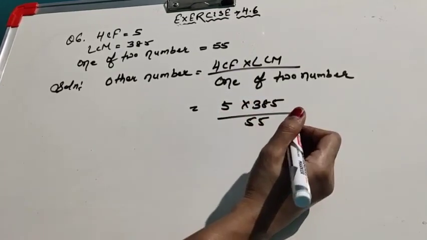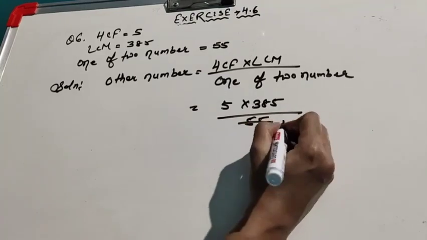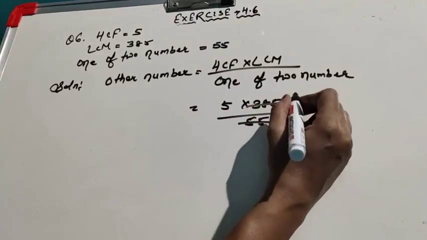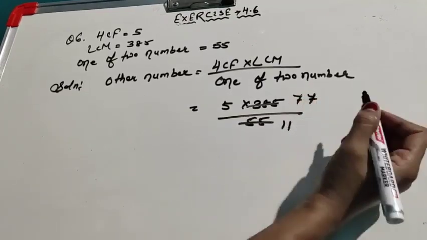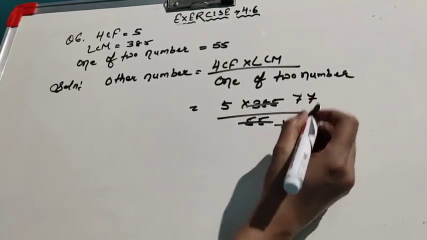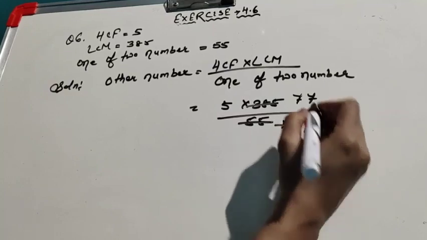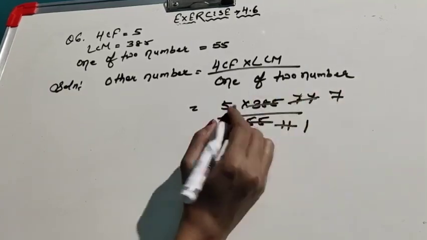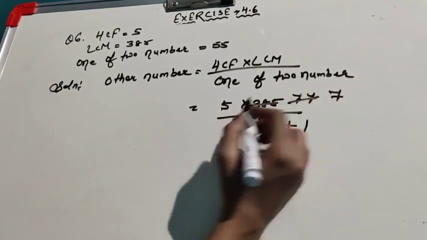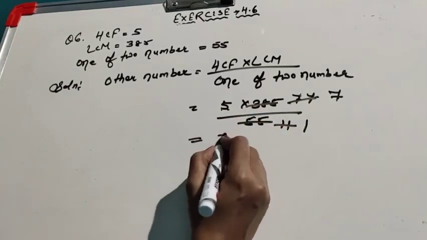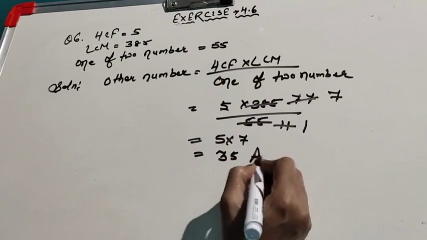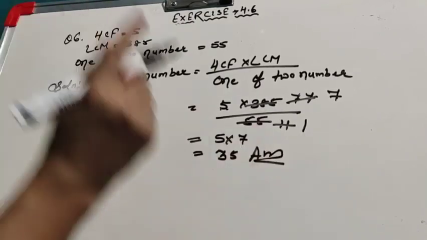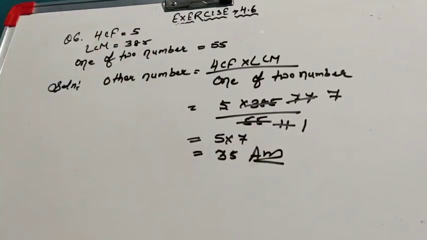First of all, we can go with the 5 table. 5 table 11 times, 5 7s are 35, 5 7s are 35 again. Now 11 table, 77 is coming. So 11 1s are 11, 11 7s are 77. 5 and 7 you have to multiply. 5 multiply with 7 is equal to 35, which is your correct answer. Understood?